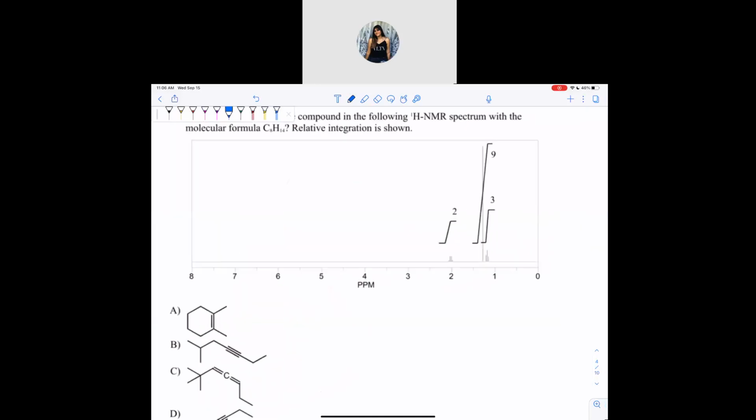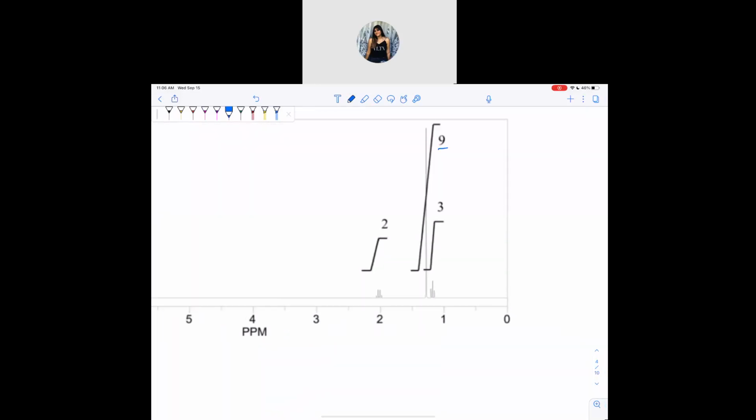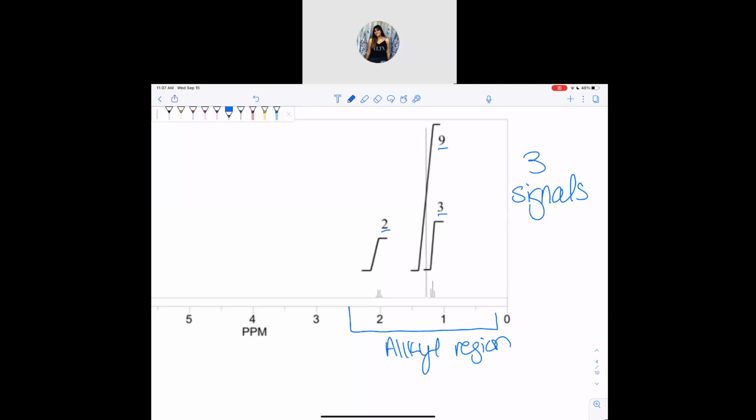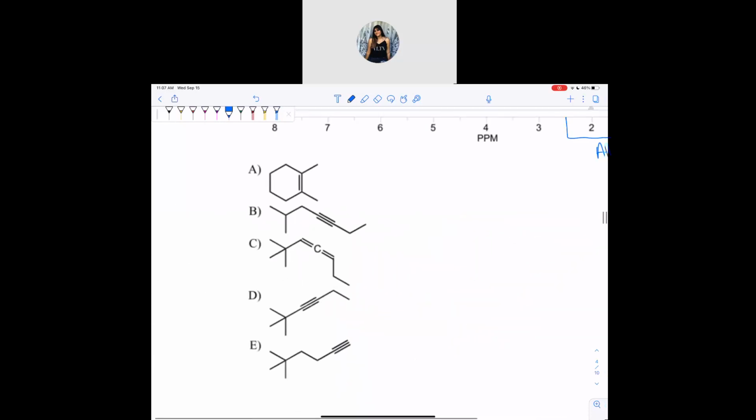The first thing I like to do is see how many signals we have. We have 3. So I like to just write that down. And before we do anything, I also notice that all of the signals are in the alkyl region. So now I go over here and we're going to see which of these answer choices actually has just 3